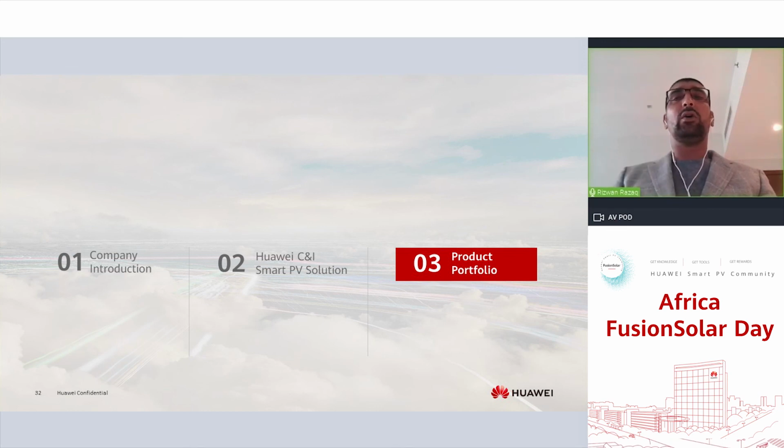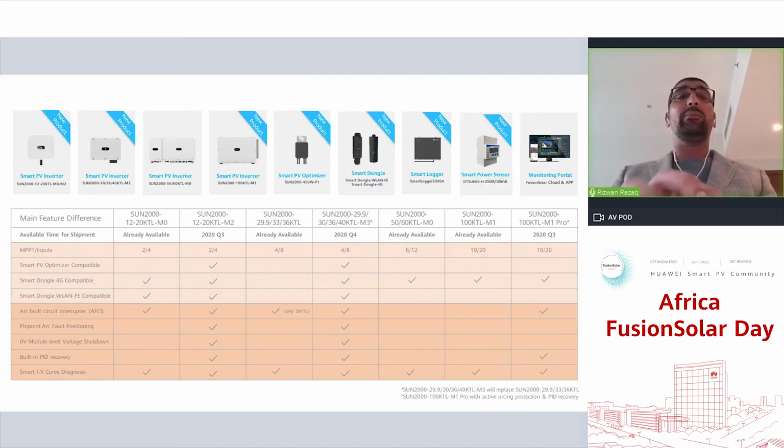So just to conclude, I've given multiple different scenarios, cases and features that are available from Huawei for the CNI projects. And I would like to highlight some of the products that are available and what kind of features are available in each particular product. With each product, we've generated a next generation, as you can see. So as an example,